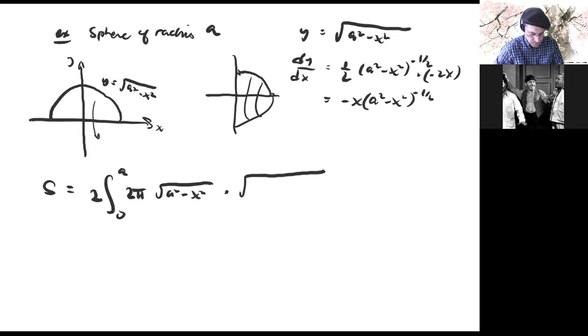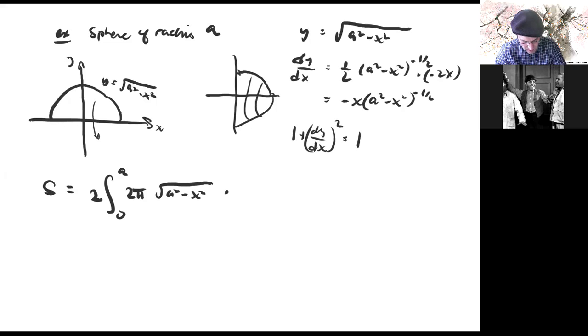Oops, let me do it this way. So what is ds? So what is 1 plus dy dx squared? 1 plus dy dx quantity squared is equal to 1